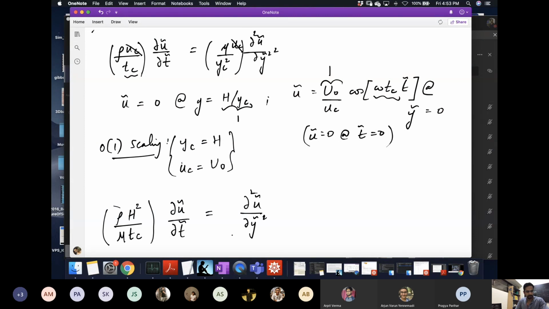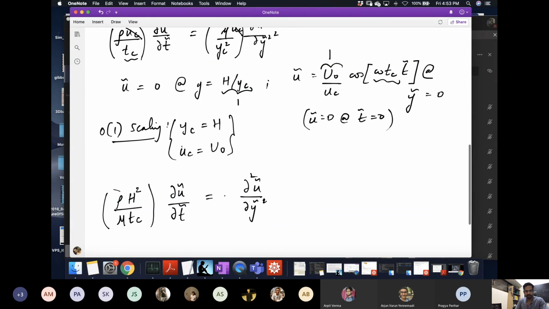Right, and this equation, which is now non-dimensional, has a dimensionless group. We know this is dimensionless now because the left-hand side is dimensionless and the right-hand side is dimensionless, so clearly this should be dimensionless. And then you can also check the units if you want. This thing clearly has units of time and it's divided by time.